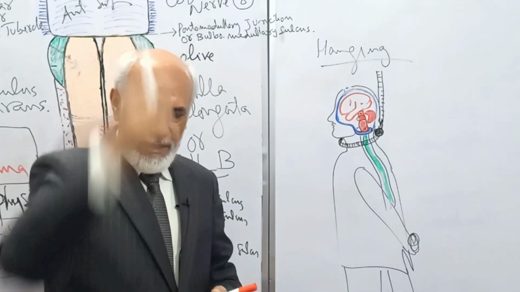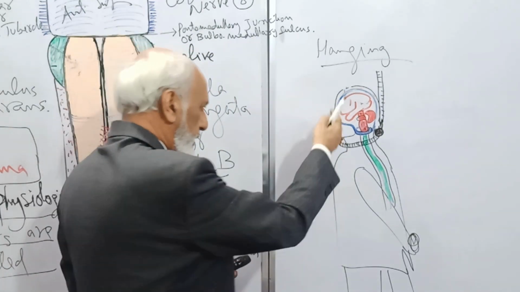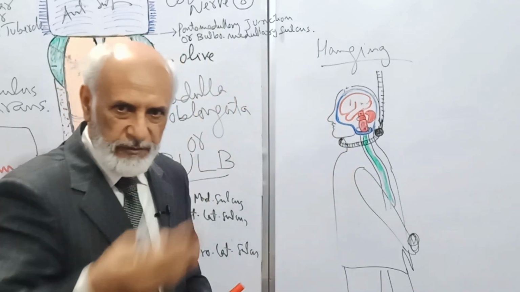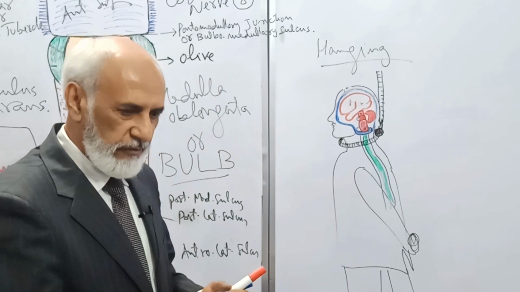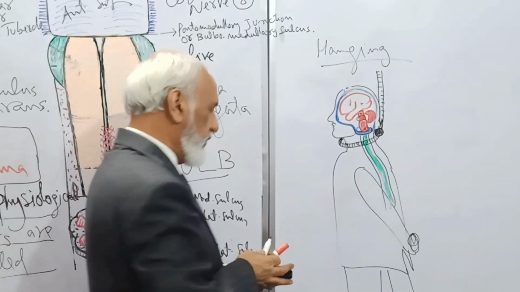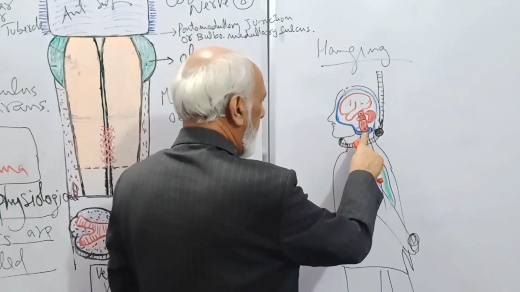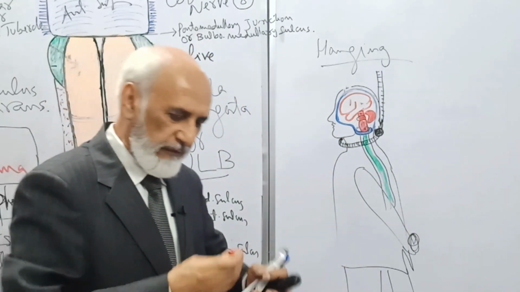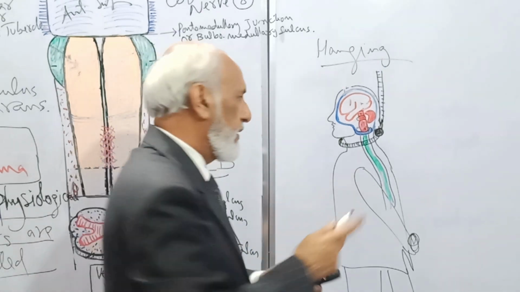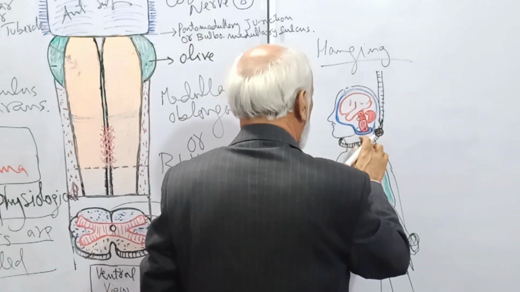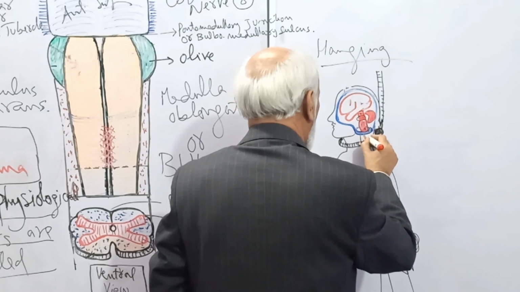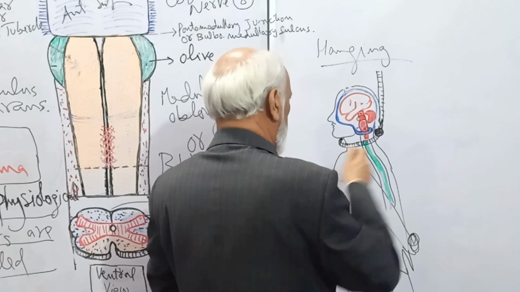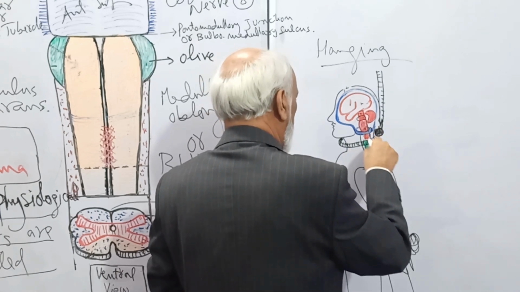Now, when the person hangs down because of gravity, all the muscles pull downward. The spinal nerves pull downward. When the nerves, muscles, etc. pull downward, what will happen? You know that the medulla oblongata ends at the lower margin of the foramen magnum. So because of gravity, the brain, including the medulla oblongata, is pulled down. So the lower part of the medulla oblongata now occupies the upper part of the spinal vertebral canal here, and this is spinal cord.